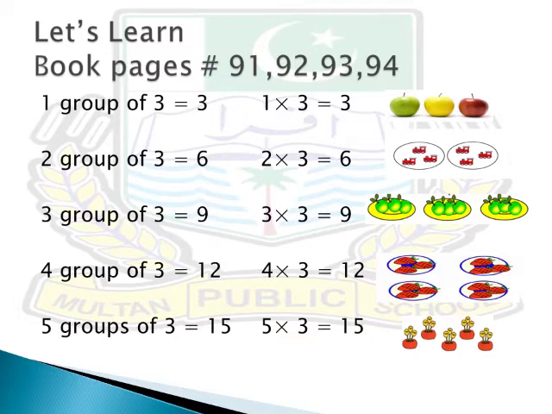Can you see how many pots are there? 5. That's right. How many flowers in each pot? Each means every. In each pot 3 flowers are there. 3 plus 3 plus 3 plus 3 plus 3 is equal to 15. Very good. 5 threes are 15. We are taking help from multiplication. Do practice of such questions by yourself.